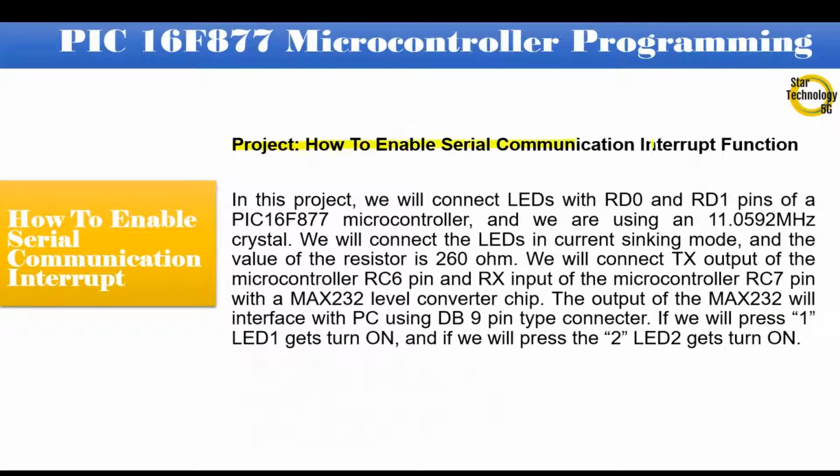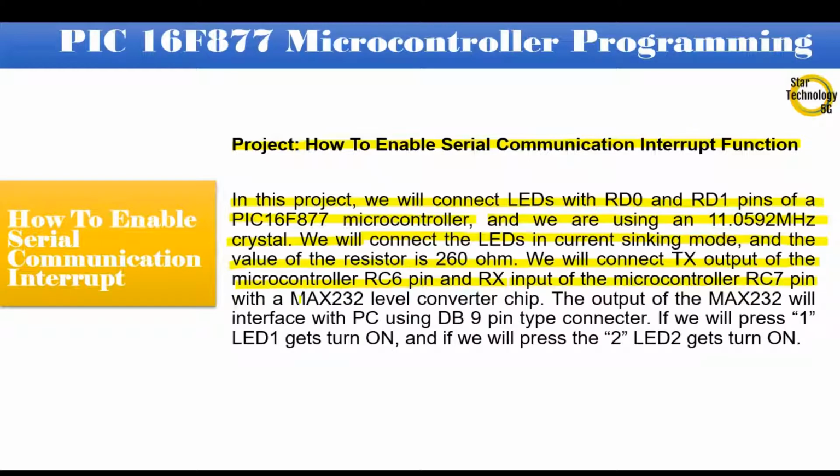Project: How to Enable Serial Communication Interrupt Function. In this project, we will connect LEDs with the RD0 and RD1 pins of a PIC16F877 microcontroller, and we are using an 11.0592 MHz crystal. We will connect the LEDs in current sinking mode, and the value of the resistor is 260 ohm. We will connect the TX output of the microcontroller, RC6 pin, and the RX input, RC7 pin,